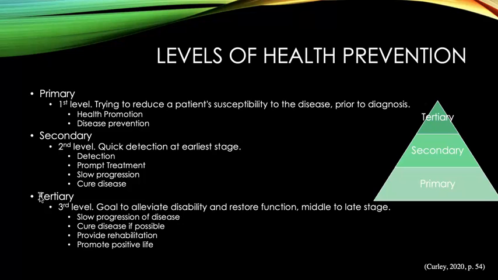Tertiary prevention is the 3rd level. Strategies are implemented during the middle or late stages of the clinical disease and refer to measures taken to alleviate disability and restore effective functioning. Attempts are made to slow the progression or cure the disease in cases in which permanent changes have taken place. Interventions are planned and designed to help people lead a productive and satisfying life by maximizing the use of remaining capabilities.